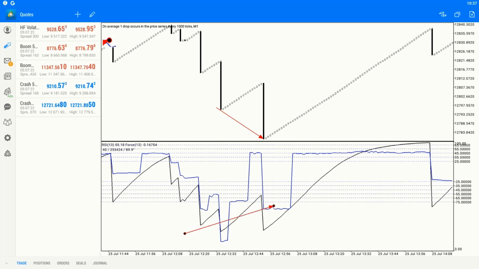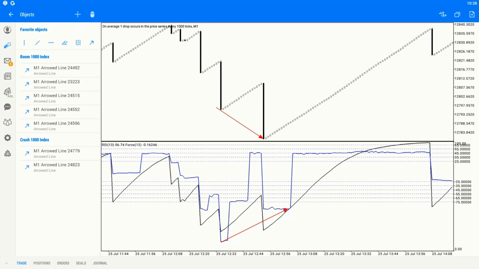Remember, this is Crash. I told you on Crash the force indicators will be pointing downward. They will be on the lower or negative side, from negative 25 to negative 75. That's why I put the force indicator from negative to positive level. I told you that, guys. So this is the first force and the second force. We measure the angle difference between the first and second force indicators. So we have angle deviation between them. On the spikes, the angle deviation is downward, but on the force it's upward. It's almost the opposite. So we take our trade,